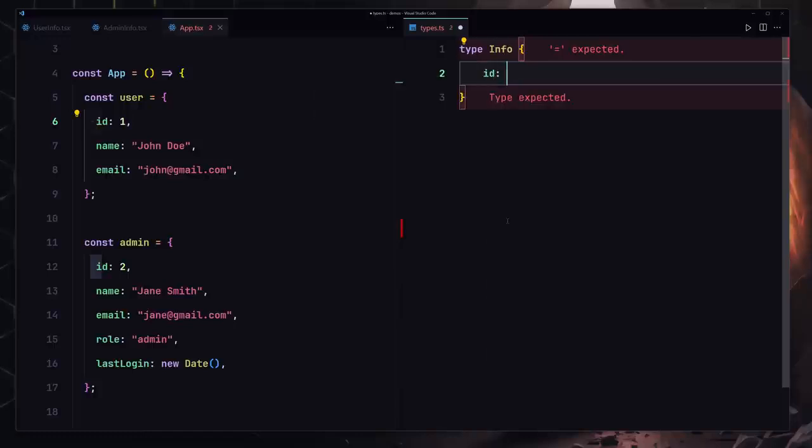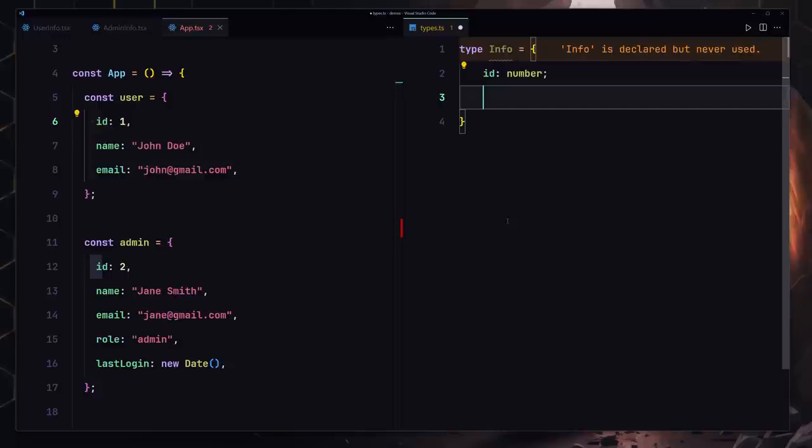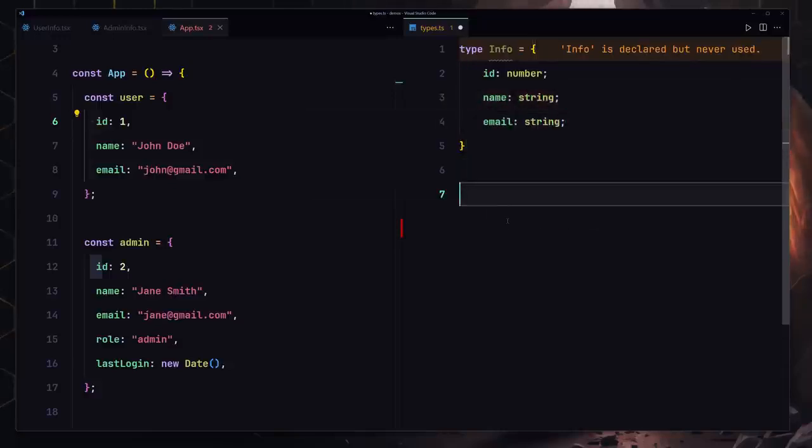So the id is now set to number, so we're going to be providing a number. And also, I forgot to include the equal to sign. I thought I was just creating some sort of object. Anyway, so the name is set to string. Also the email is set to string. Okay, now underneath there we're going to be also defining another type, which will be the admin info list type,